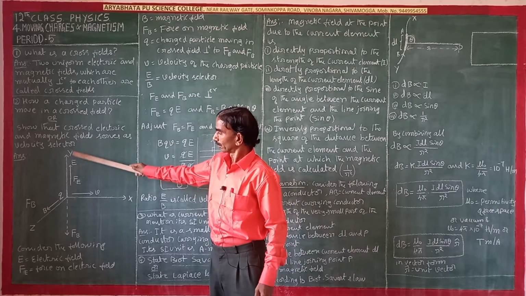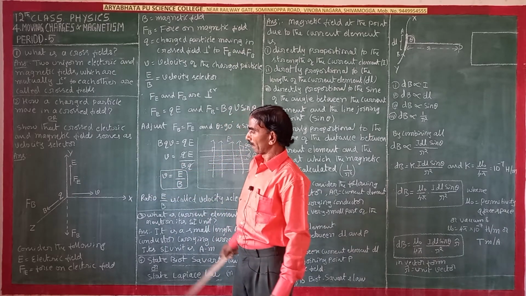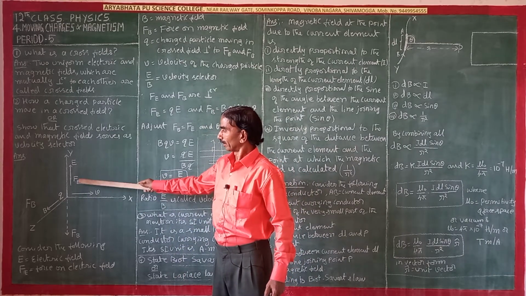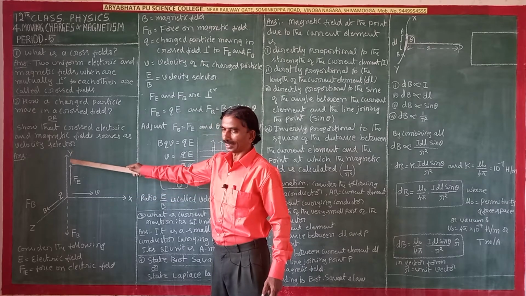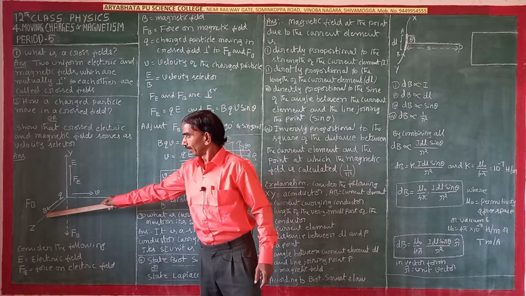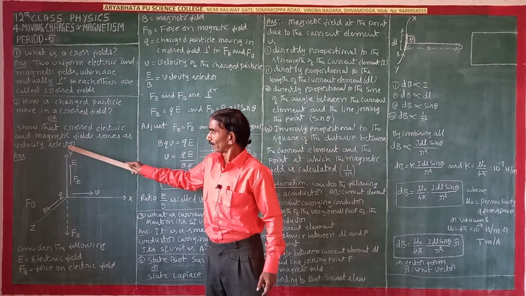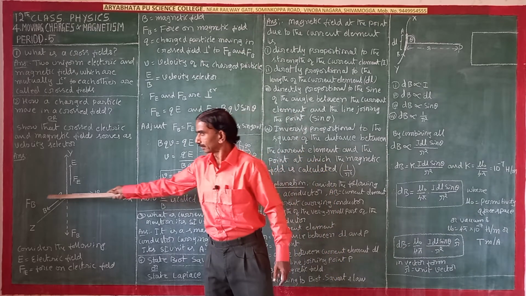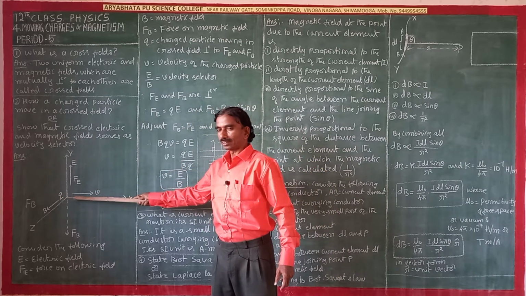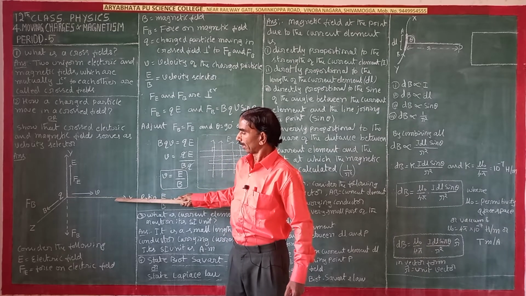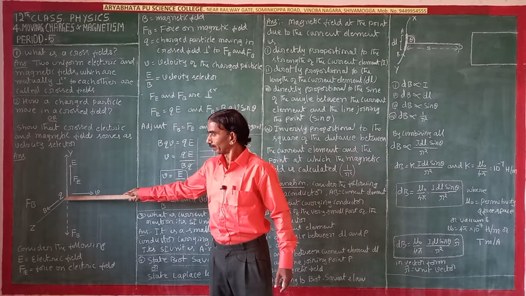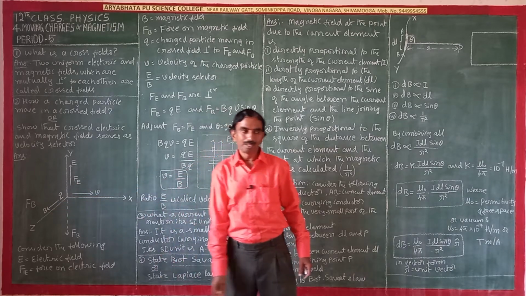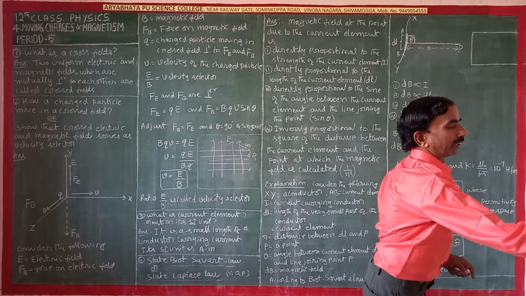For this you have to derive it. The derivation is very simple. Consider the following. Here E is the electric field and B is the magnetic field. The y-axis is the electric field, the z-axis is the magnetic field, and along the x-axis the charged particle is entering. So the charged particle is perpendicular to the electric field. It is also perpendicular to the magnetic field.